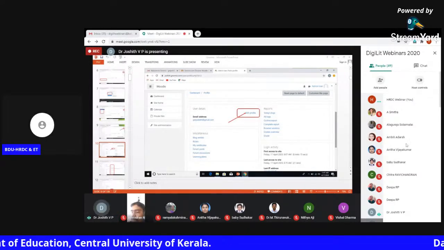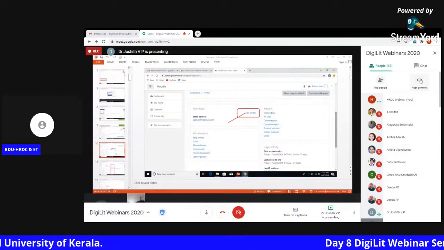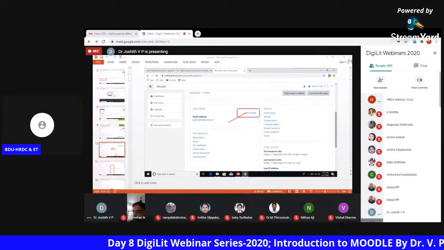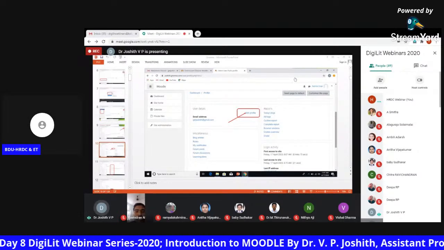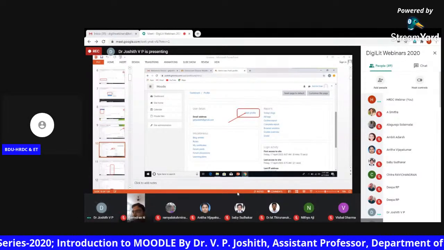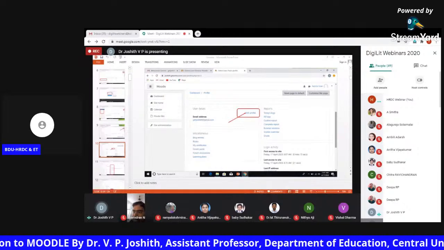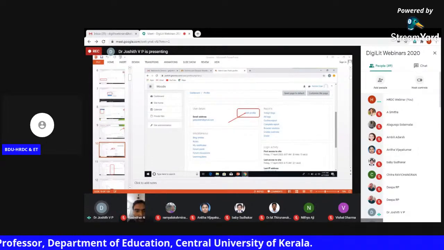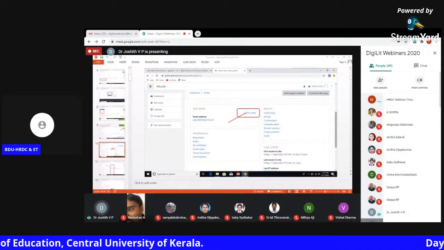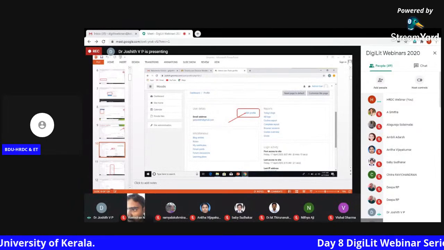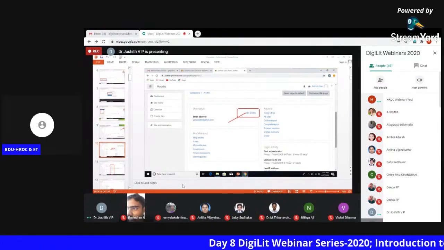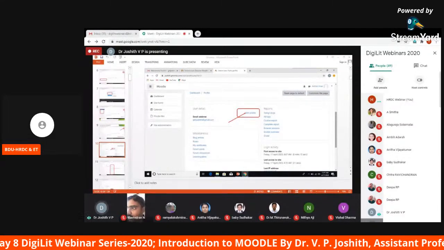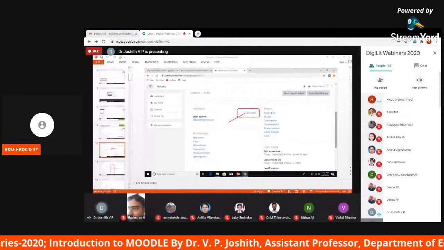What I have told, there is an important icon on that home page, and the icon which I have specified to you is site administration. Never forget that. Since you have created your site, you become the site administrator. So all work in the site that you have to do, you do through the site administrator.